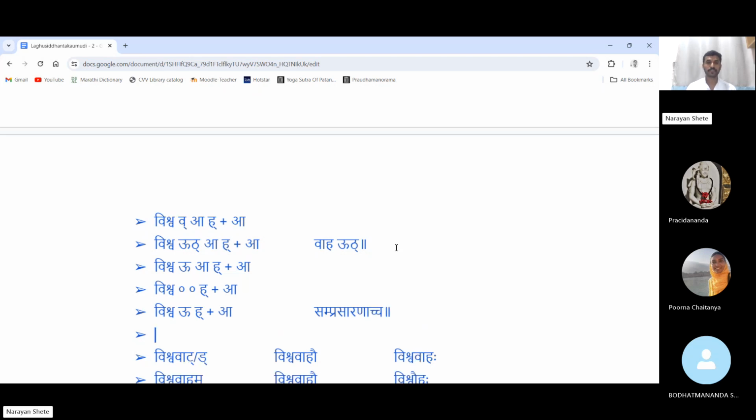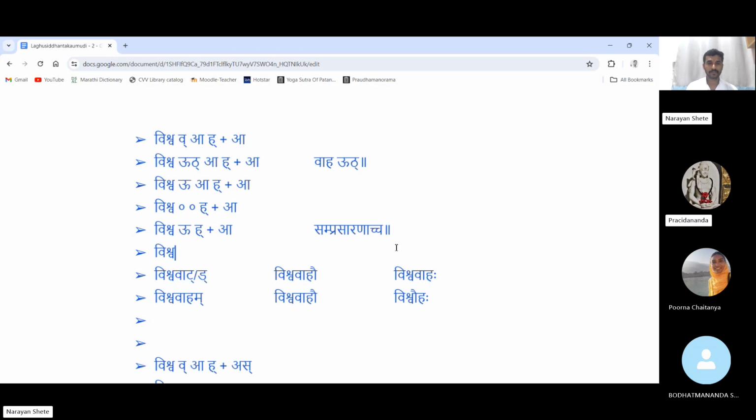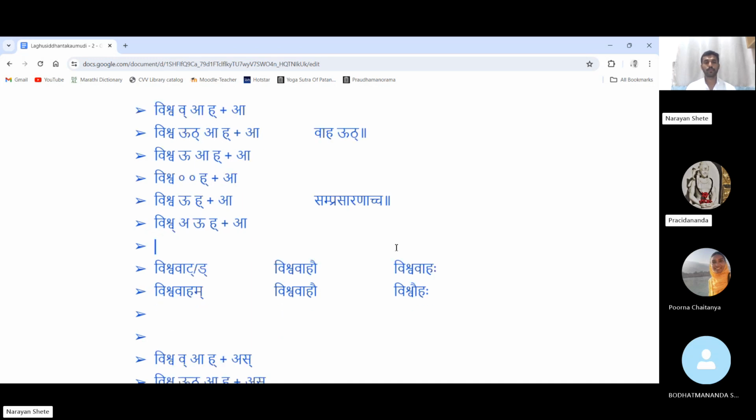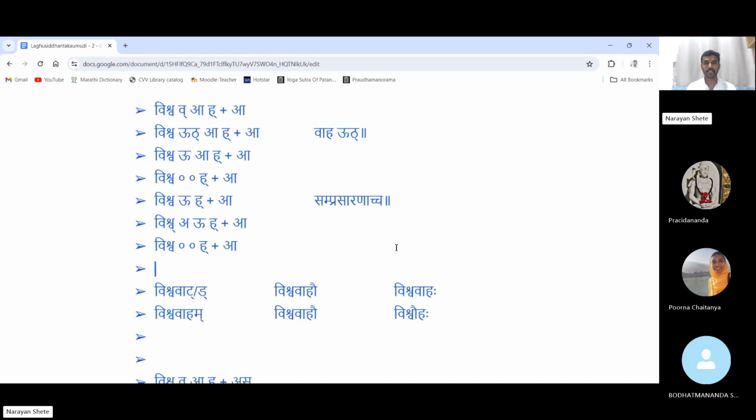Then vishwa, in akara and ukara, what will happen? Vriddhi. Right, so ekah purvaparayoh, this adhikara is coming, so both of them will disappear. Adesha will come, plus a. For this vriddhi adesha, the sutra is